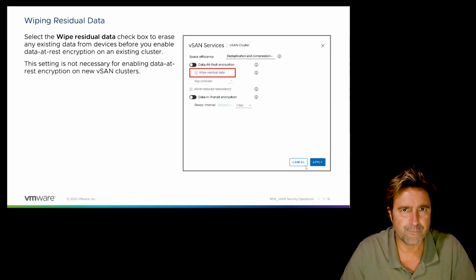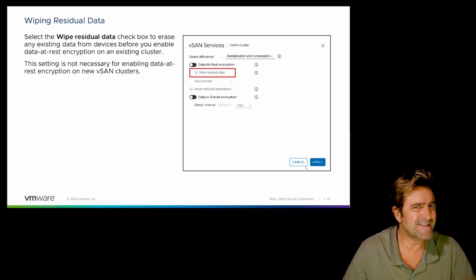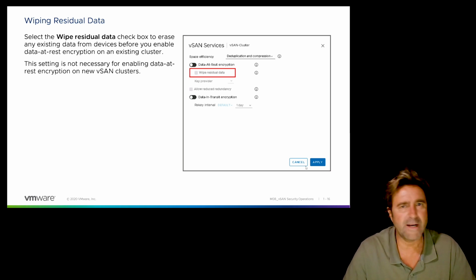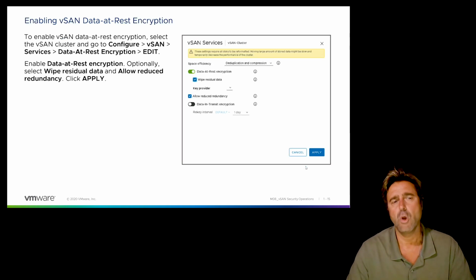In this page, they explain to you that you don't necessarily have to use the option wipe residual data. That is nothing more than a choice. And in the lab, I believe that we didn't tell you to use that. So when you take a look,